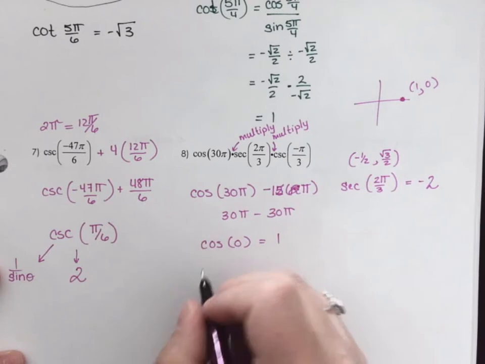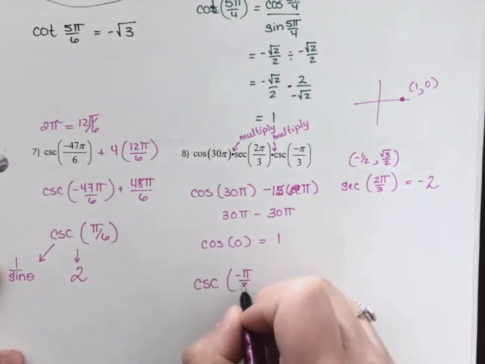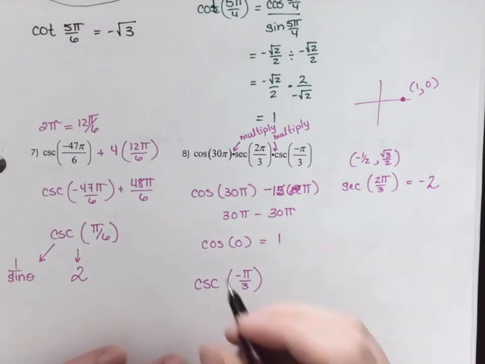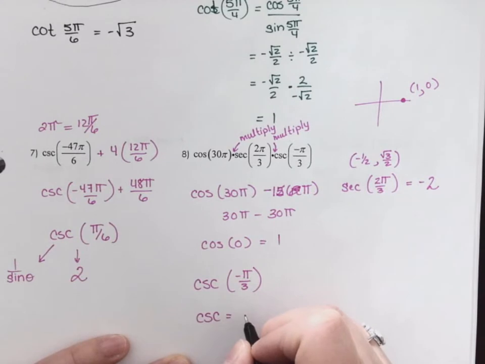Okay, last one. So we got cosecant is negative pi over 3. 1 full rotation just brings you to pi over 3. Nope, 1 full rotation brings me to